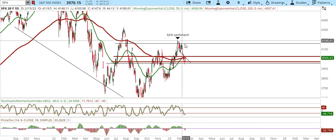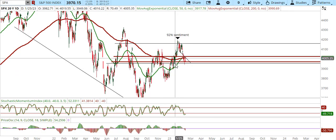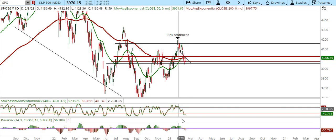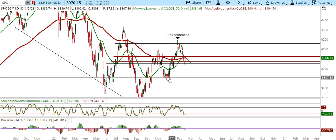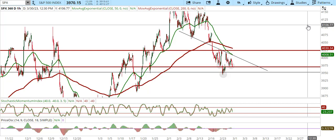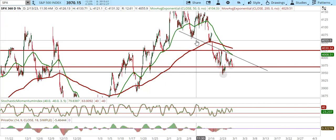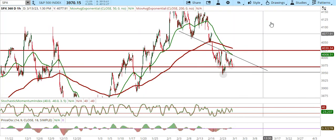And again, when we were up here, I was saying that we're going to come down to 3900, and not a lot of people were believing it. Here we are. We're now into the oversold levels. We're at support levels, and again, if it doesn't hold, then we're just going to wait for the next support level. But we have the majority of people getting very bearish on this market, and that's really what you look for. You've got to be looking ahead, not at what happened today or 2 days ago. You've got to be planning ahead and absorbing the move down and buying it,